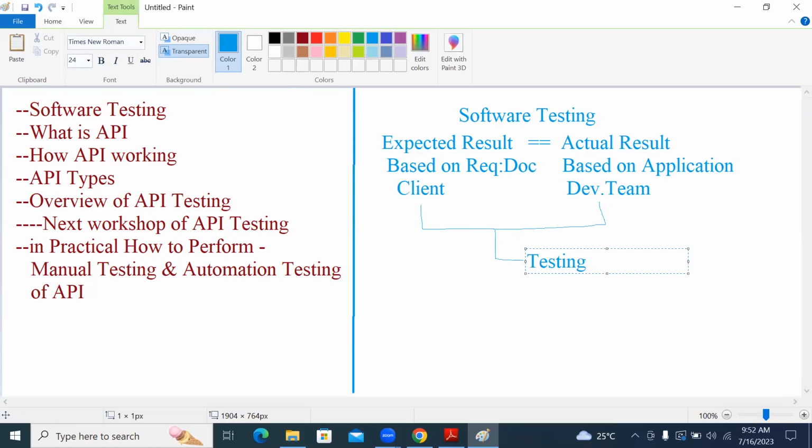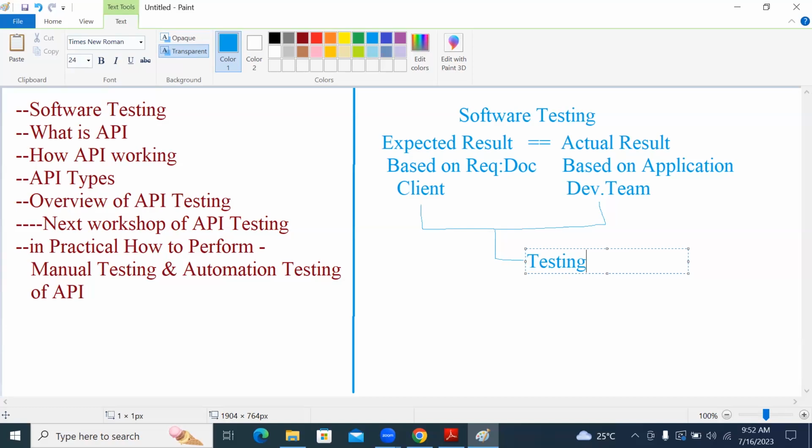Very simple, guys. Testing is one of the very easiest jobs. Your major activity is to give confirmation to the client, saying: as the client, this is what you expected, and this is what the development team has given.